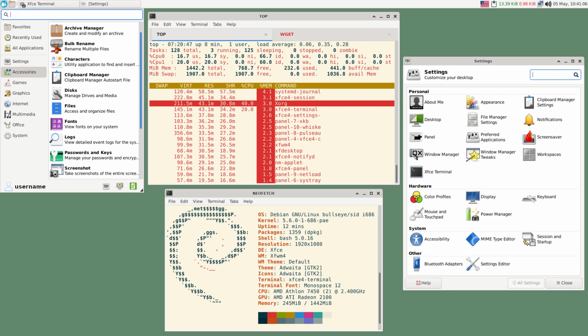Another priority of XFCE is adherence to standards, specifically those defined at freedesktop.org. Like GNOME, XFCE is based on the GTK toolkit, but it is not a GNOME fork. It uses the XFWM window manager, described below. Its configuration is entirely mouse-driven, with the configuration files hidden from the casual user. XFCE does not feature any desktop animations, but XFWM supports compositing.